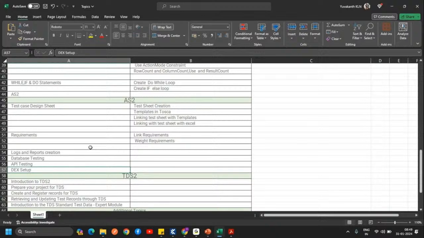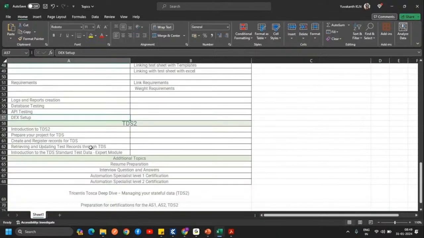TDS2 is also covered. As I've already told you, Tosca has a separate server. How to use the server, how to prepare your project for that server, and how to save your records into that server will all be given in TDS2.